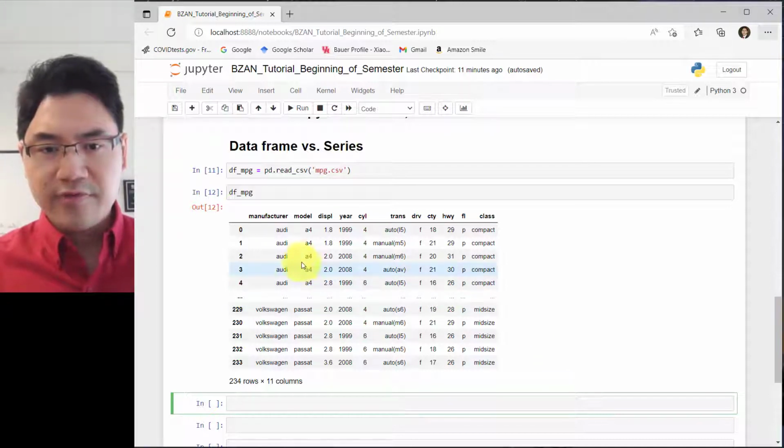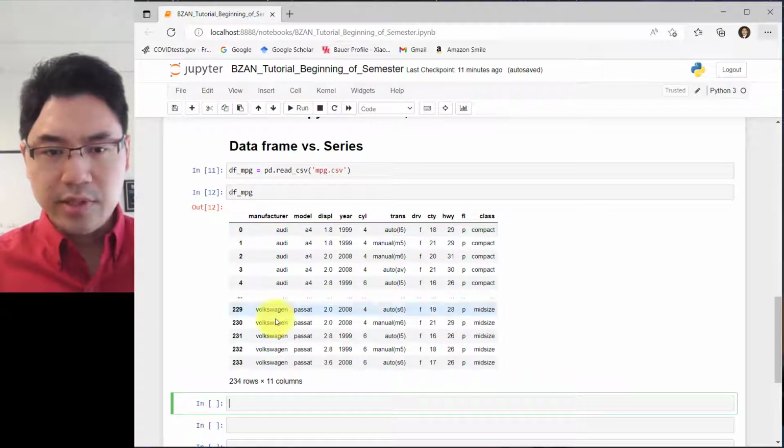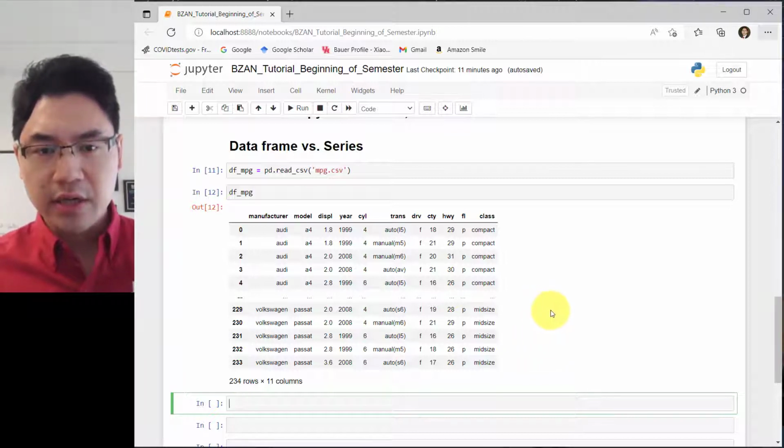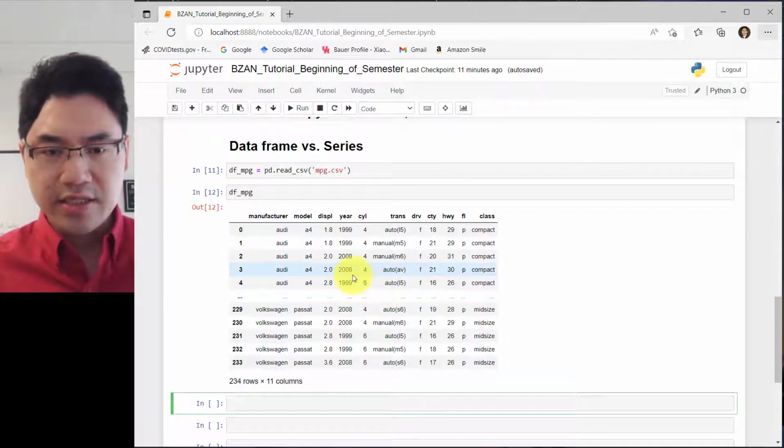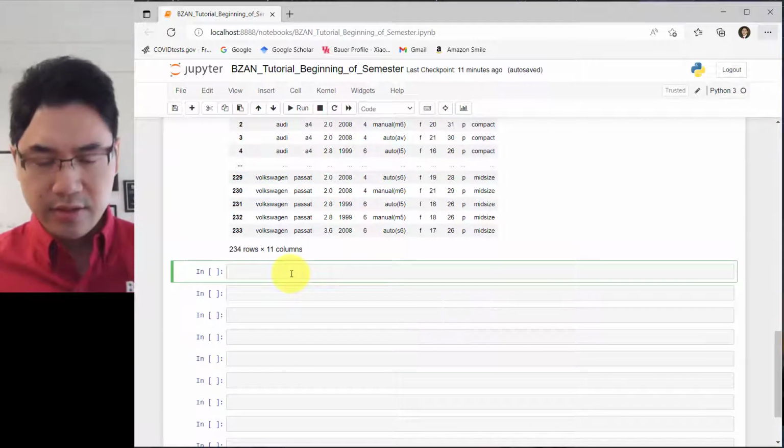As I said, each of the columns is called a series. Now it's not just a name difference, it's also a concept difference. The series bear different properties, although there are similar properties with the data frame, and I'll explain that. Now you may ask, how do I access or select a series of a data frame? Let's do that. Let's take the example of the year series, or the year column, and let's access the year